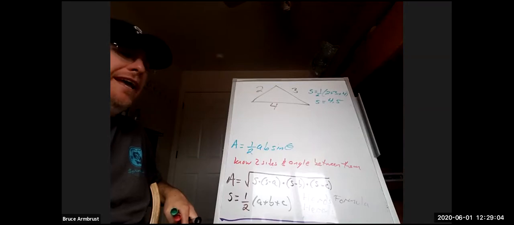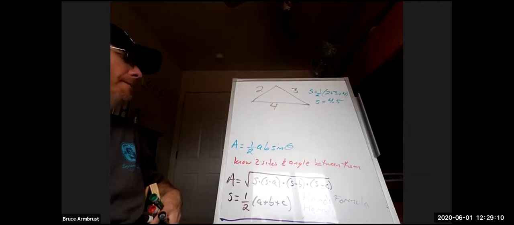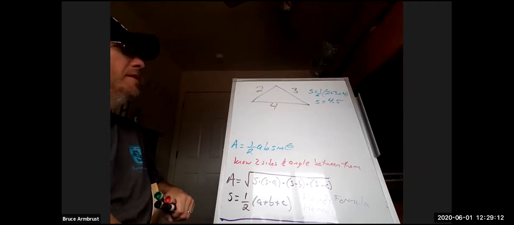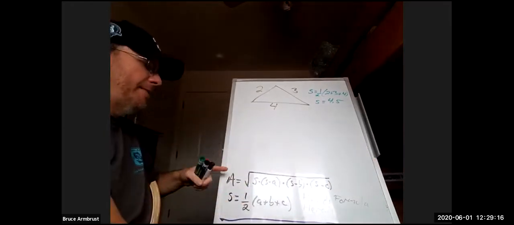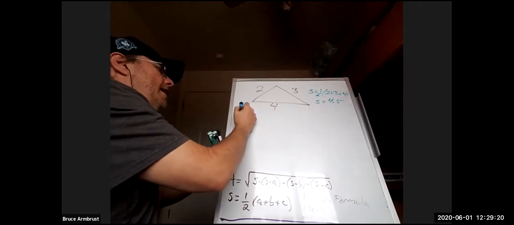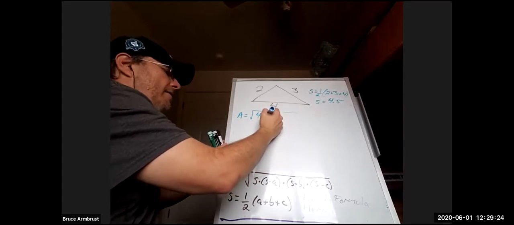So we use the letter S again because it's the semi-perimeter. It's half. Okay, well, now let's just plug this, in addition to A, B, and C, into Hero's formula. So we're going to get A is equal to the square root of 4.5 times,